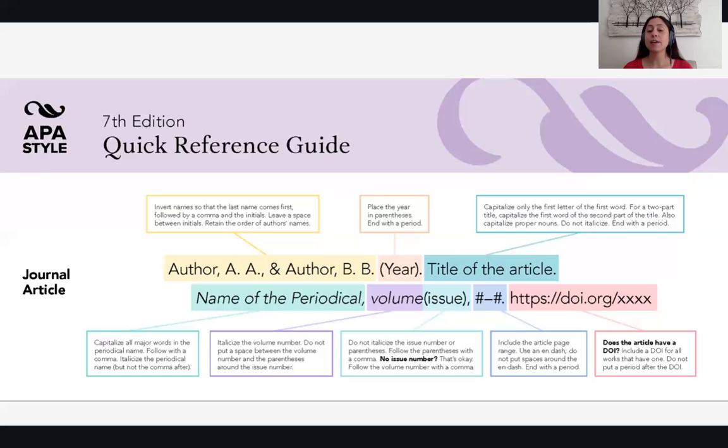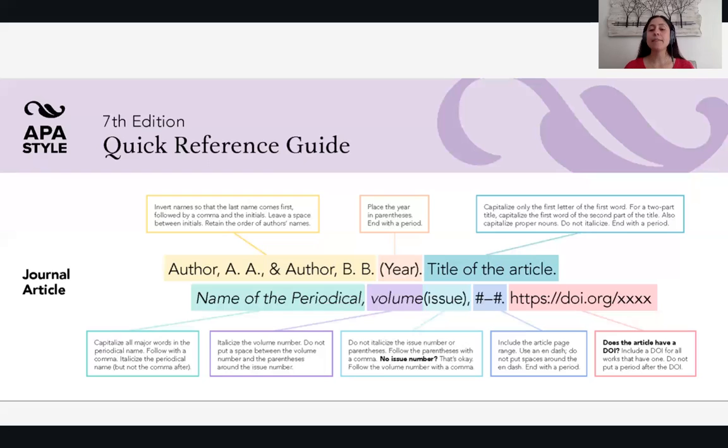Next is the title of the article. Okay, there's a difference here. This is the title of the article itself, not the title of the journal, which is the next part. So the title of the article, depression in females or whatever, and that should be written in what's called sentence caps. And so only the first word is capitalized. So in this case, title is the first word, so it's capitalized. And then the rest of it is lowercase. The only exceptions here are if you have a proper noun. So if it were, for example, depression in women in Argentina, you would capitalize Argentina because that's a proper noun,